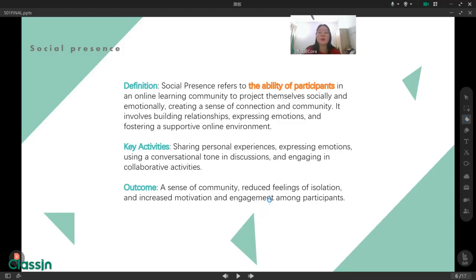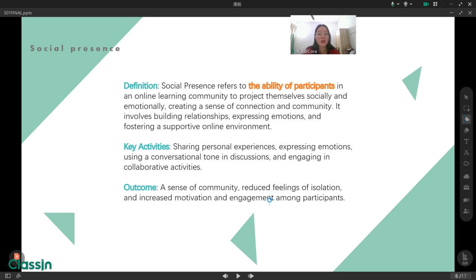First one, social presence. Here we have three parts to explain this step. The first one is definition, the second one is key activity, and third one is outcome.